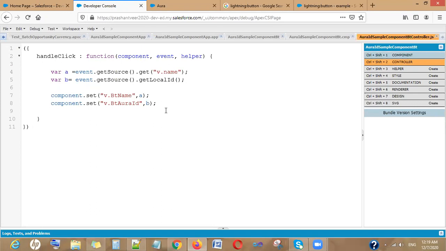Okay, so what you will be using is if. Now let's say if your second button has been clicked, then only this particular logic should work. So you are putting a condition if,